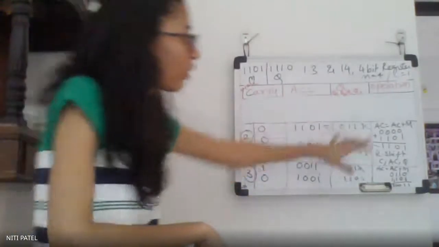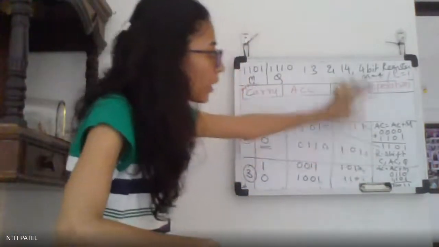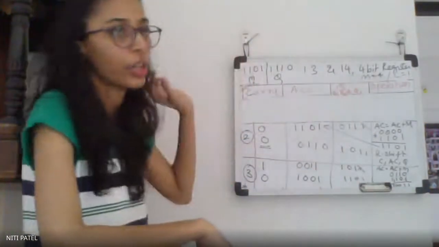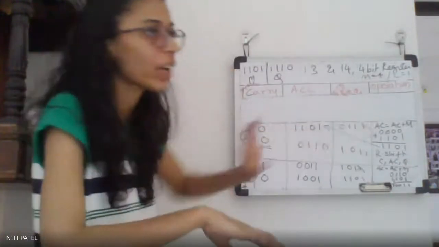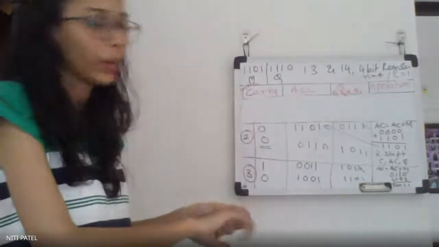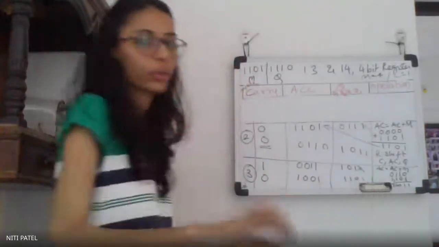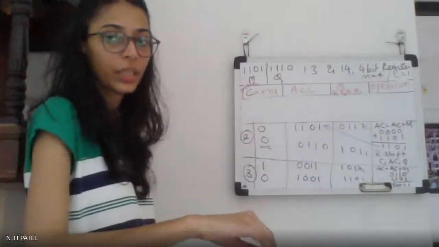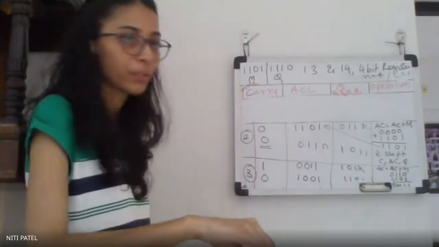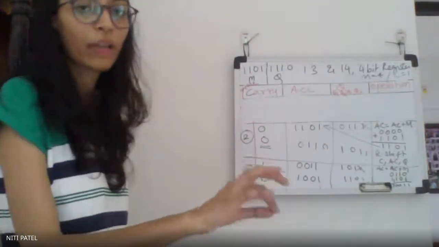Every time, whichever operation you perform, see to it that you write the name of the operation. Because if you do not write, you will never understand which operation you have performed. And if by mistake you take the wrong AC, the entire sum will go wrong. And here the marks are on the steps, like how you have in your maths.